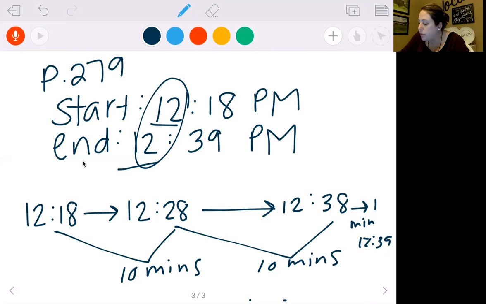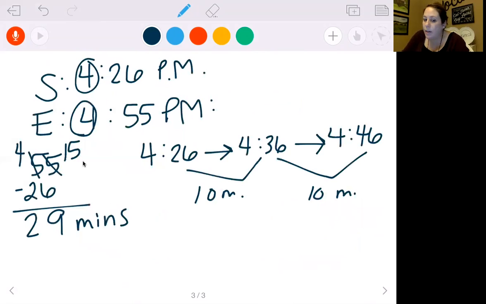4:36 to 4:46 is another 10 minutes. Now, we can't go to 4:56 because that's too far. So let's count up 46 to 47. I'm actually going to change that really quick. I'm going to have to come down a little bit. So 4:46 to 4:47,